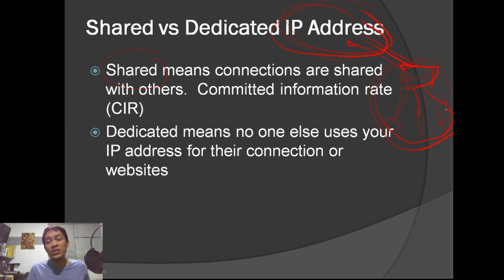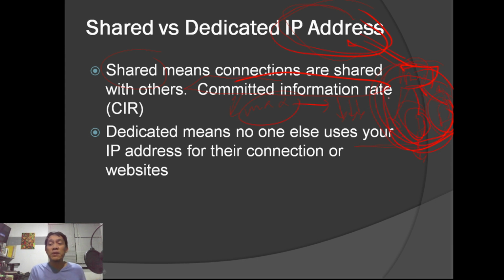Okay? Marami kayo nag-share. So if you are sharing resources, syempre there's a possibility that another user is using much more than what you are using on a particular time. Okay? Mas marami yung ginagamit niyang resource on the network compared to you. So that's why hindi nyo nakukuha yung actual upload and download speed on your network. So that is what we call the committed information rate. So basically, ito na yung maximum. This may be the maximum speed, pero there's a possibility na bumaba siya. Okay? Because you are shared with the